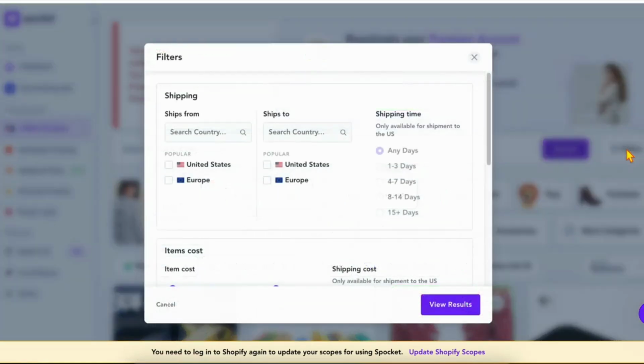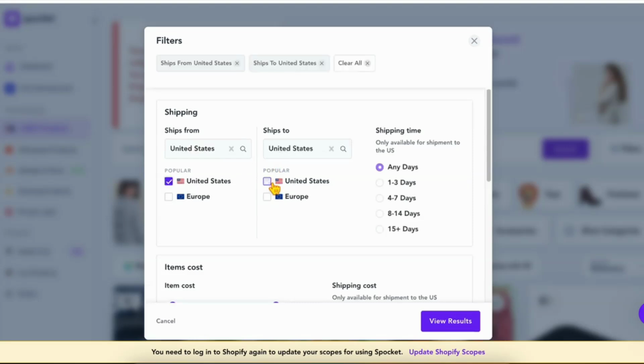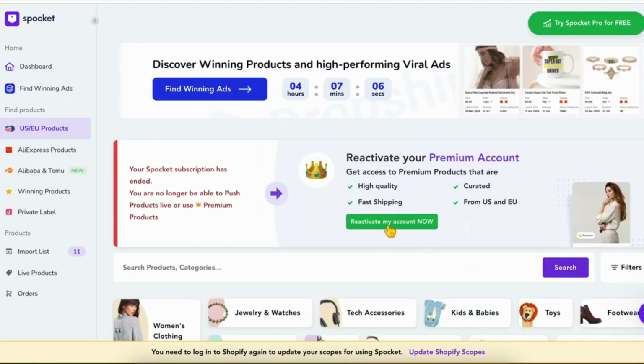Some products on the platform are no longer available for sale, even if you have already added them to your import list. These unavailable products cannot be sold, which can lead to wasted time and potential customer disappointment. To address this, you need to contact the supplier directly for each product. Check if they still have stock and confirm whether it is available for sale. This helps you avoid listing products that are out of stock and ensures that your store only shows items that